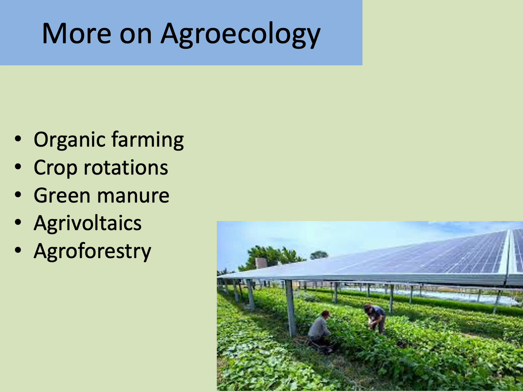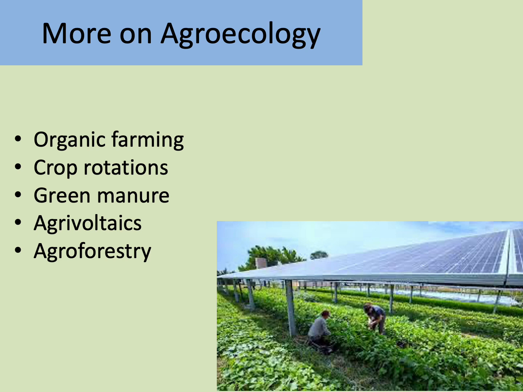Organic agriculture often utilizes these other techniques of agroecology, so crop rotations, which is where one year a field is for wheat, the next year it's for maybe a legume like beans that would put some nitrogen back in the soil, and that mixing of the crops can help keep soil healthy. Green manure, so that's legumes that fix nitrogen.